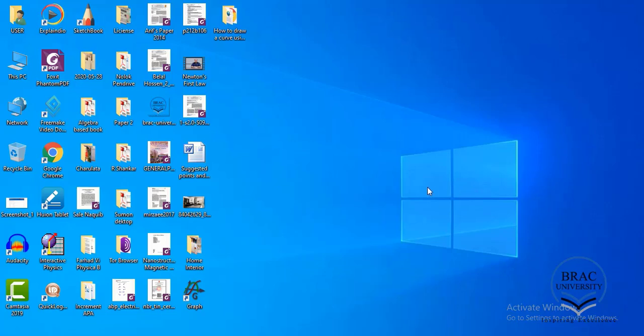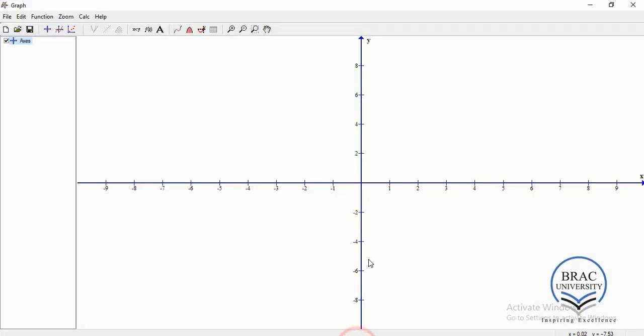Hello, in this segment I'm going to draw a straight line, and from that straight line I'm going to calculate the gradient of that straight line using this graph software. To do that, I have some data. I'm going to make a plot, basically force versus 1 over r square